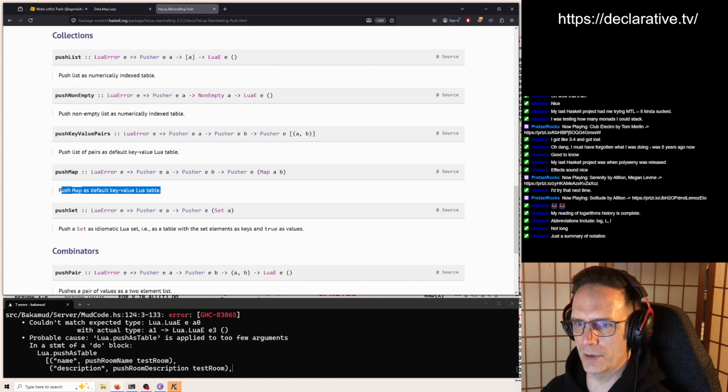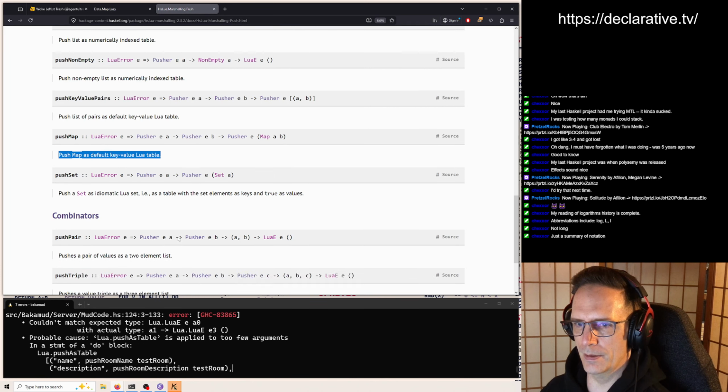Okay, push map as default key value Lua table. We could push a map.